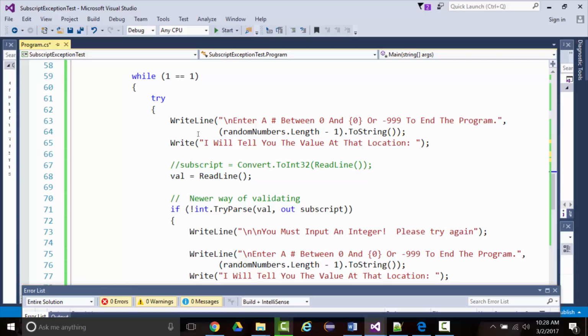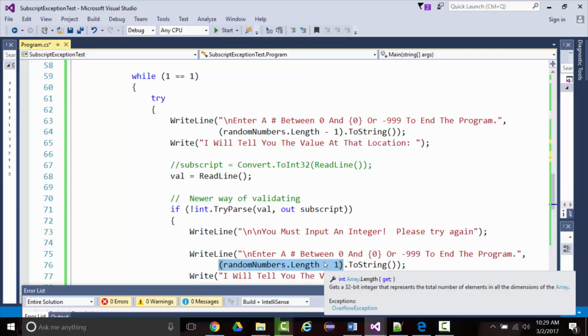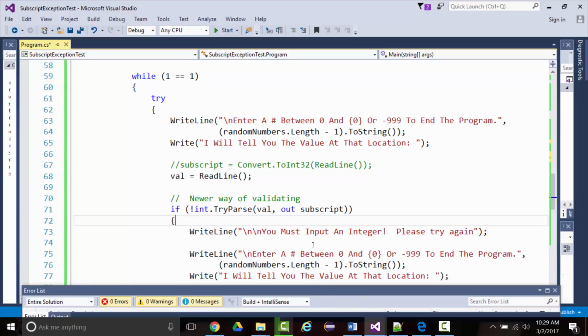And actually, right here, everybody see this where I've got that? That's the 19 because the length of the array is 20. But in here, if I remove this, everybody see what's in blue? Remember before when I put in a 0, it said out of range, because you should put in 1 to 20. If you don't want to do that, just remove this, the -1. Just have randomNumbers.Length. So in other words, if I remove this -1 here,